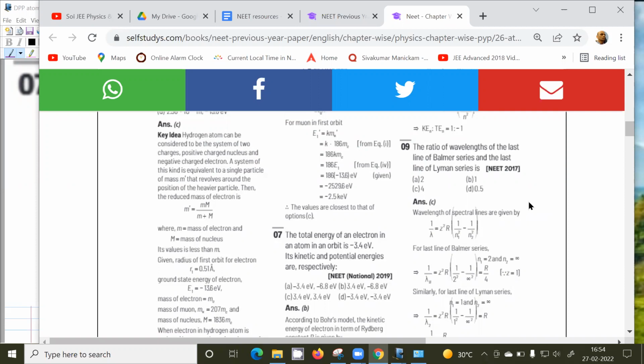It's also a trivial question, right? If you know the relation. Last line of Balmer series means